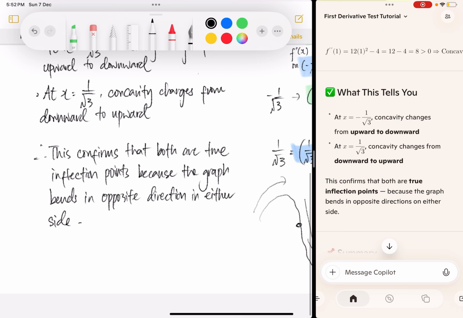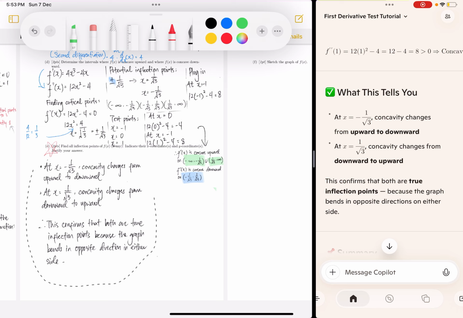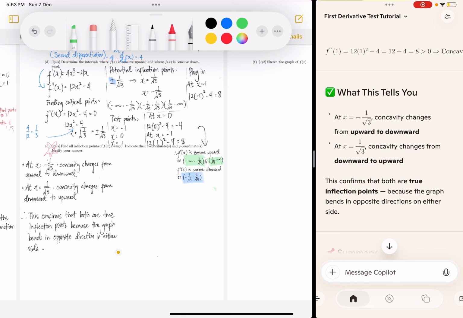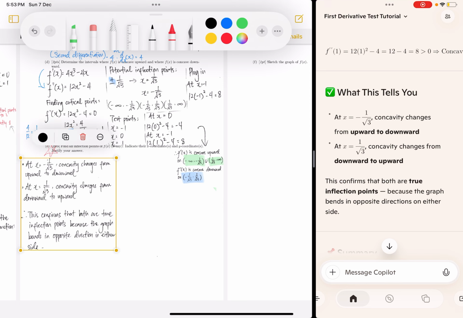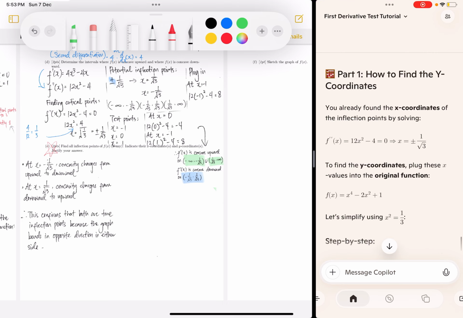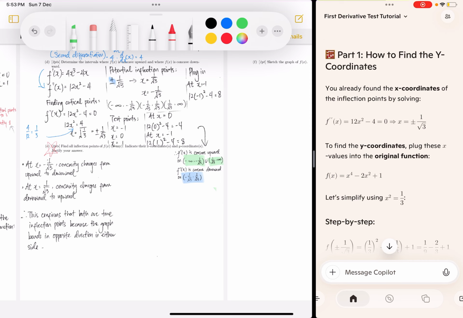That's how we know. And now I'm going to have to erase this. I'm so sorry, mi amor. And maybe I'm going to have to move this because I don't know if we're going to have enough space. So I'm going to move it here. There, maybe. And the next step is that we have to indicate their x coordinates and their y coordinates, and we have to justify our answer. That is very simple. In order to find the y coordinate, since we've already found the x coordinate, look at the part where it has Copilot. You already found the x coordinate